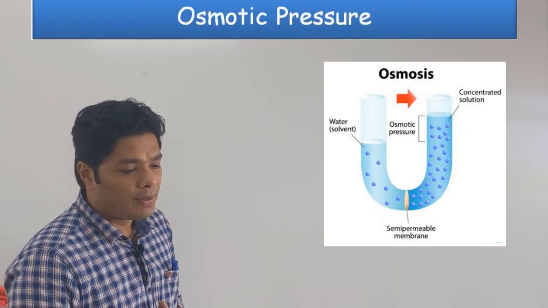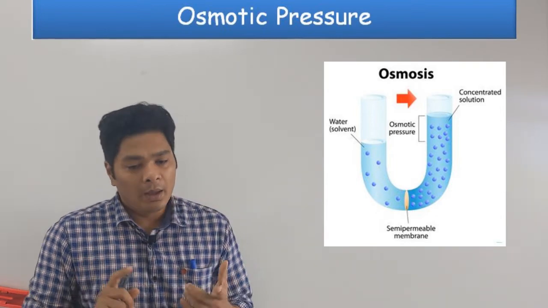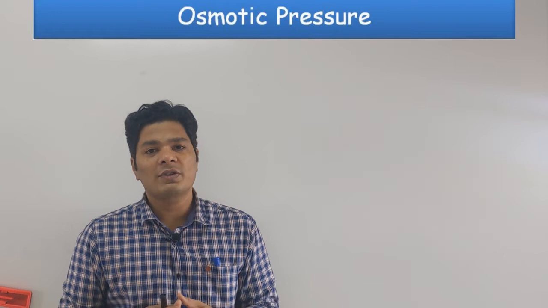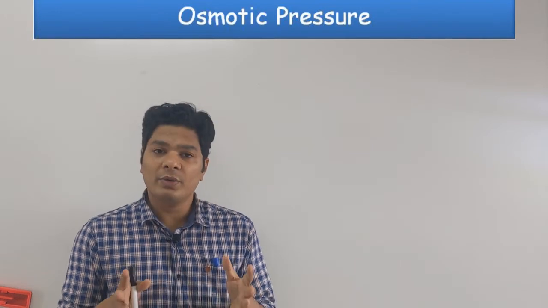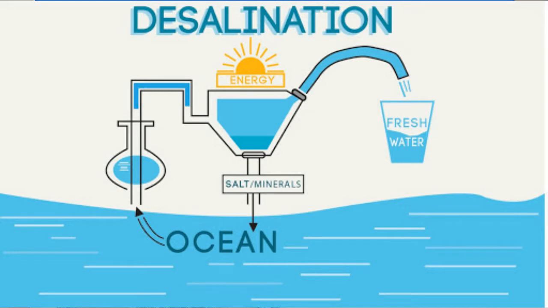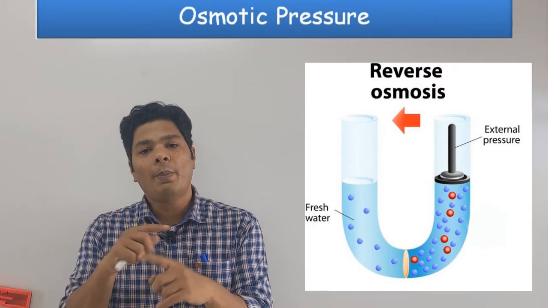Now where this is useful is, particularly, it is used in India extensively right now. We borrow the technology from Israel. They have made miracles with salt water. Desalination. Desalination is basically you take seawater, which is salt water, and take pure water out of that. What you do is a process called reverse osmosis. Reverse osmosis is where you do the opposite of osmosis.